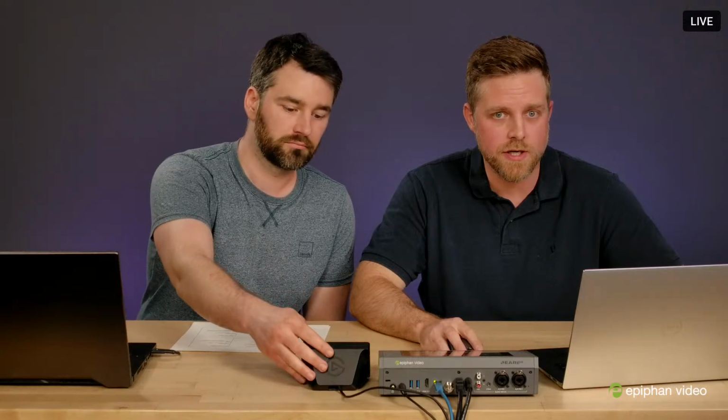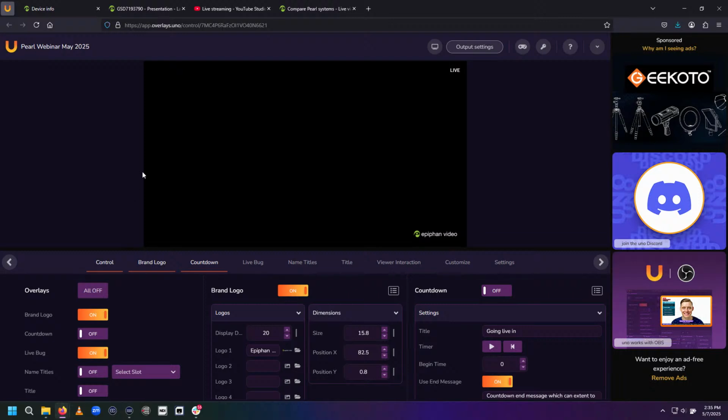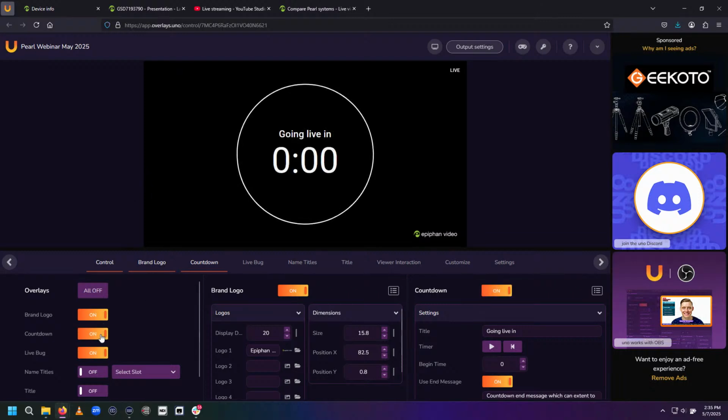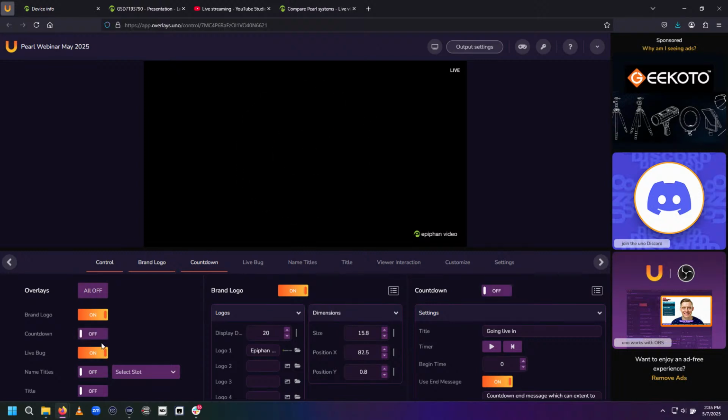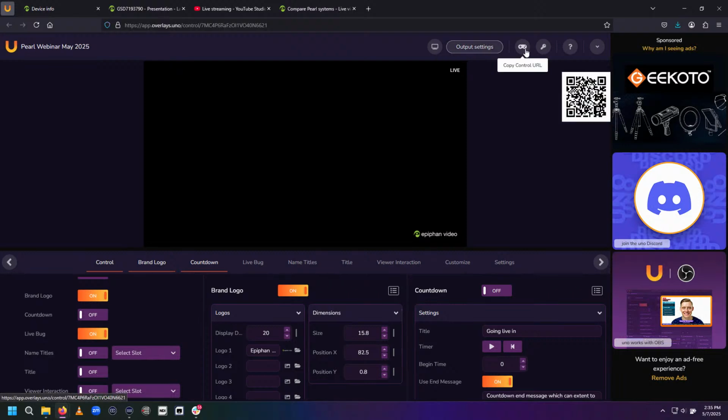We showed you how to do it with PNGs. We also just briefly touched on how to bring in web graphics. And I can show this tool here that we're using in our studio. This is called Uno Overlays, and it allows you to run all kinds of basic graphics. There are all kinds of templates that they have on the site, and then you basically just copy the web output.